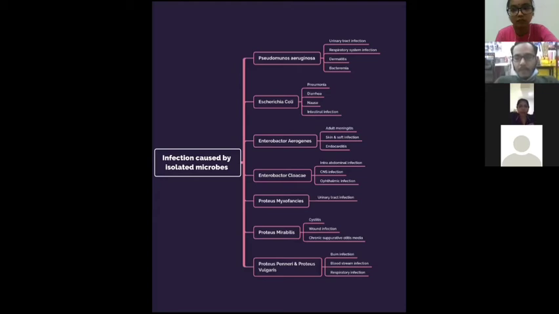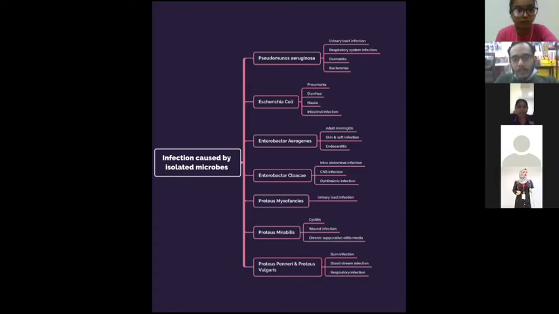The fifth one, Proteus myxofaciens, can cause urinary tract infection, which is the main species that causes infection in Proteus species. The sixth one is Proteus mirabilis, which can cause ascites, wound infection, and also chronic suppurative infection. Then the last one, Proteus penneri and Proteus vulgaris, can cause burn infection